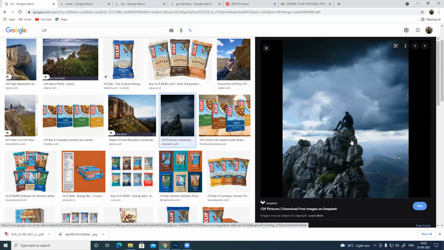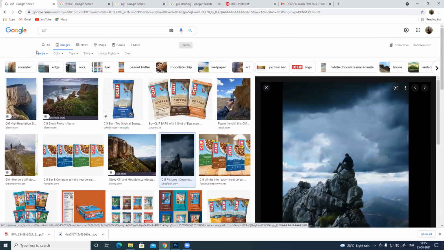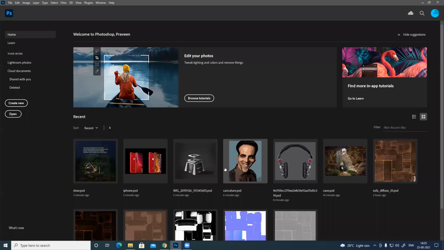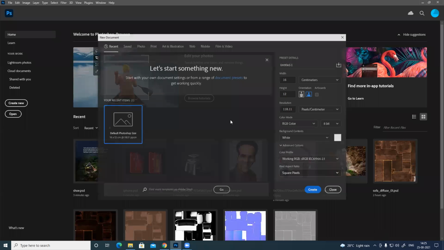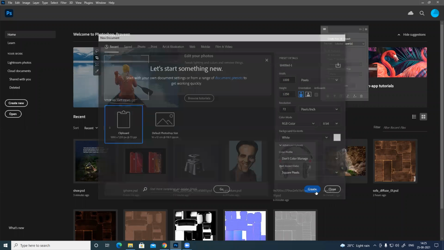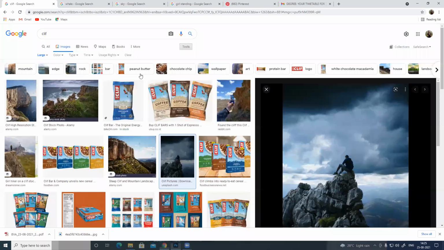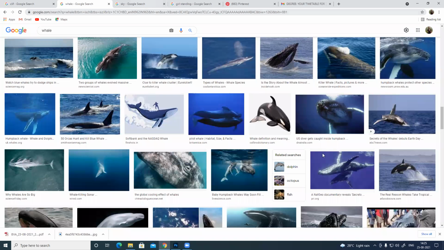So I searched, and you can see I'm using this setting for large images. So let's copy this. Photoshop, Control N, clipboard, create, Control V. So I pasted this here. So I'm planning, I'll remove this character from here. Then I search for this whale. You see, I haven't selected anything yet, and I won't need to change the sky also. So I search for a couple of skies,